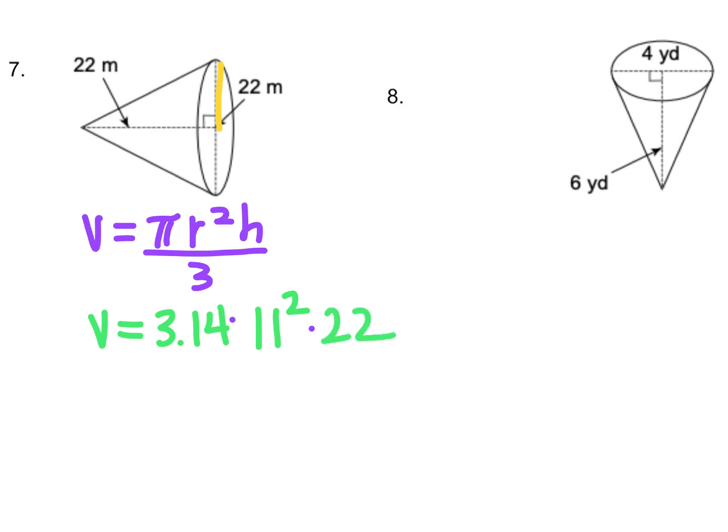And then after I calculate all of that, I divide it by 3 because it's a cone. It's 1/3 of the size. Okay, so I'm going to do 3.14 times 11 squared times 22 and divide by 3. Okay, and that all comes to